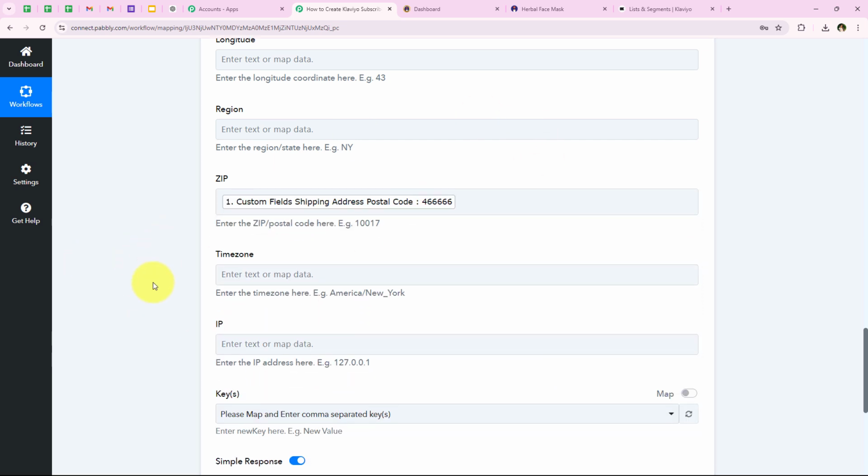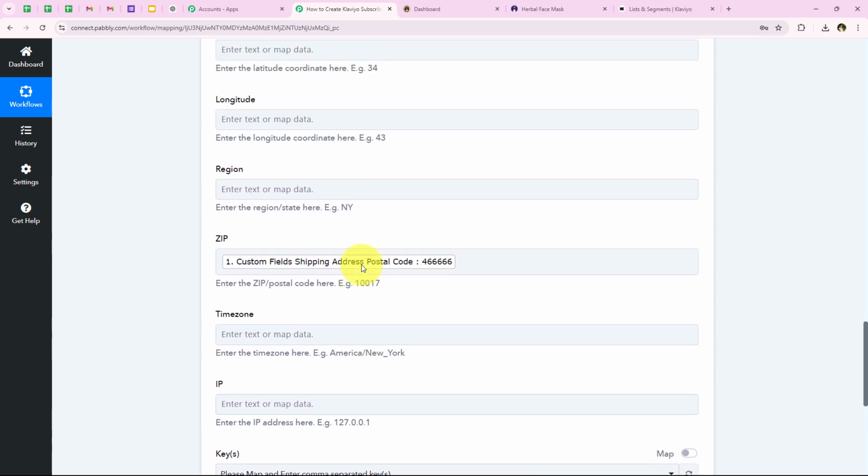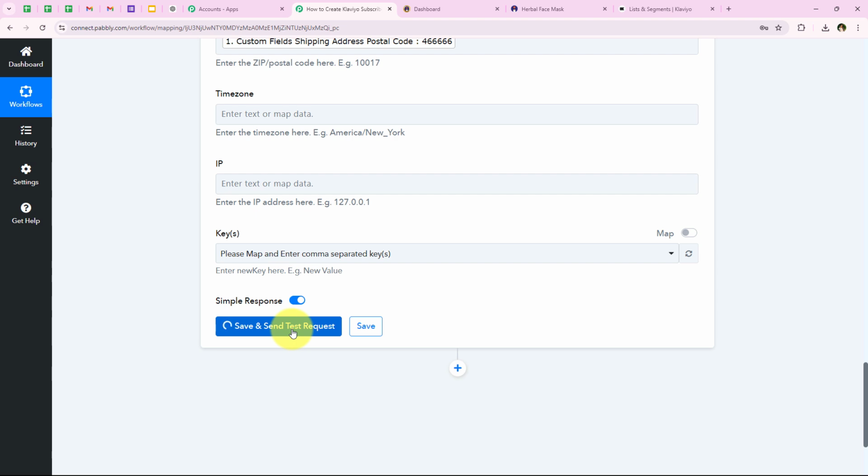Over here you can see the same. We are going to move on forward. You can see that it is asking me for the time zone, IP and keys. So again we are going to leave it as blank because all of these are not the required fields. And after doing all the details we want to enter, we are going to click on save and send test